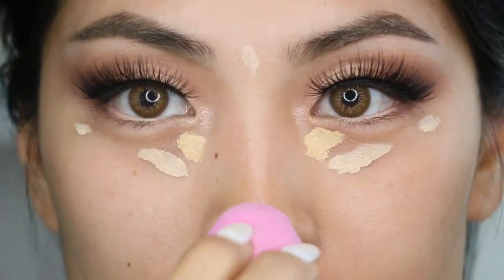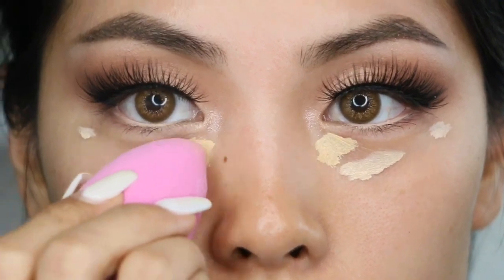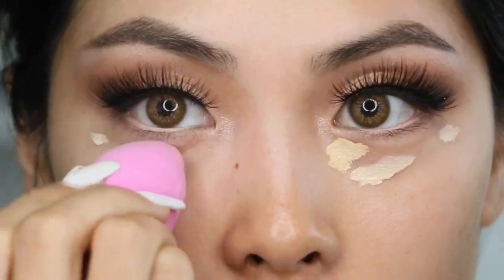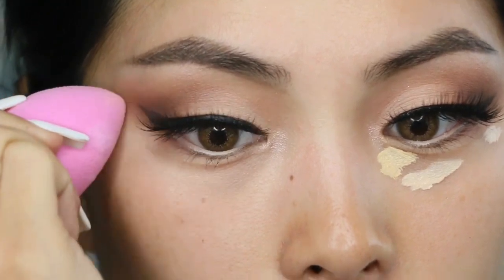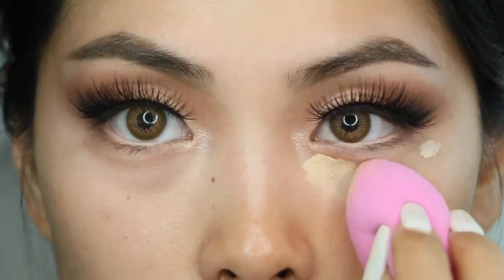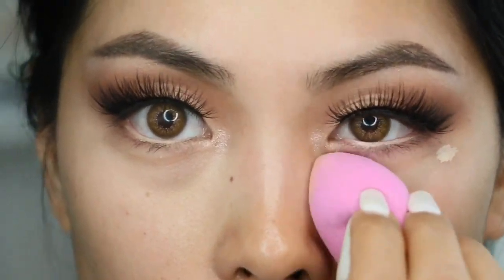So let's go ahead and talk about it. It is a concealer that visibly brightens under eyes with red algae extract and vitamin C derivative. It helps hide dark circles with color correcting pigments and helps seal in skin hydration with a serum-like formula for a healthy looking under eye glow. It applies and blends easily. It has a buildable coverage. It's non-caking. It's waterproof, and it has an 8-hour wear time,